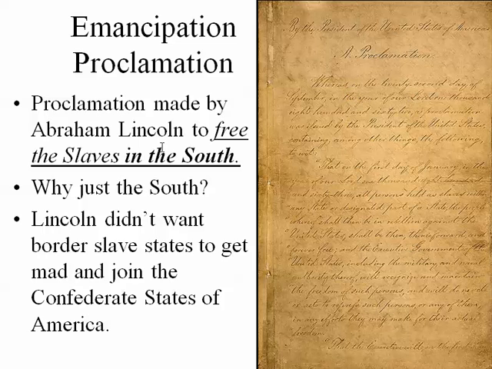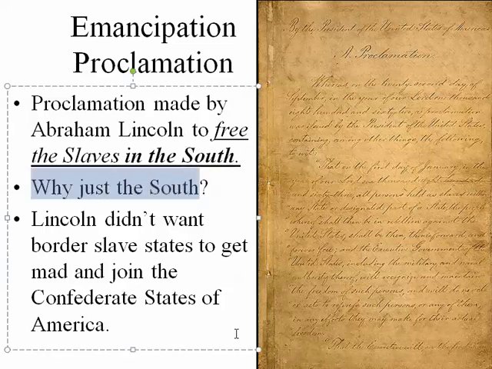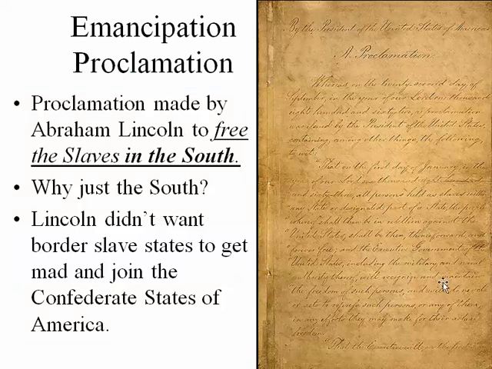One of the things we have to ask ourselves is why just in the South? Why did Lincoln just free the slaves in the South? Why didn't he free them in the North too? With this proclamation, it could have ended slavery right then. So the proclamation made by Abraham Lincoln was to free the slaves in the South. Why just the South? Well, Lincoln didn't want the border states to get mad and join the Confederate States of